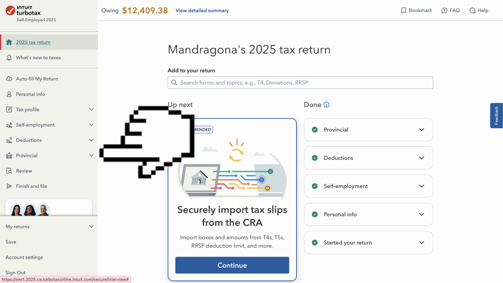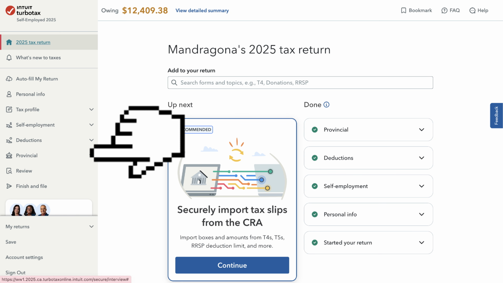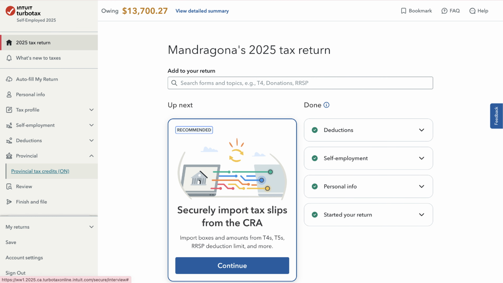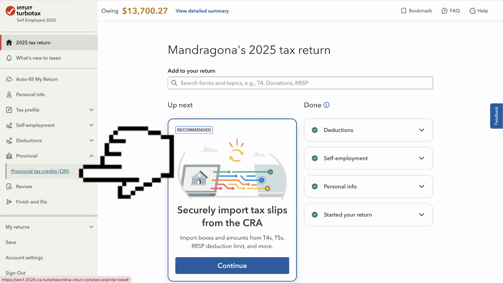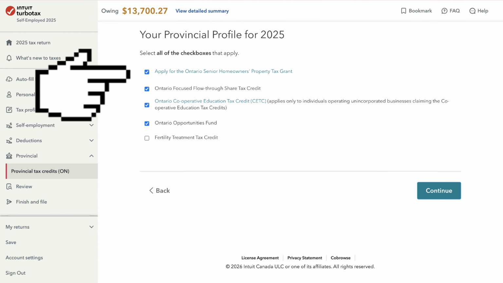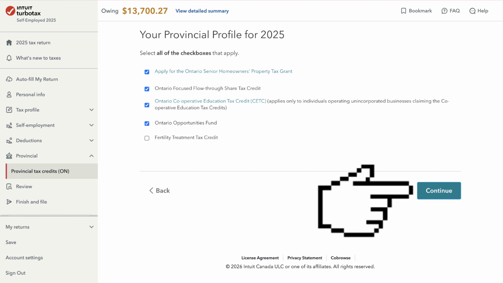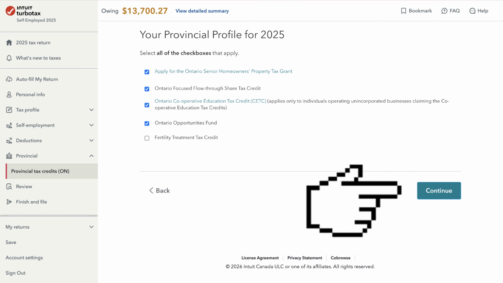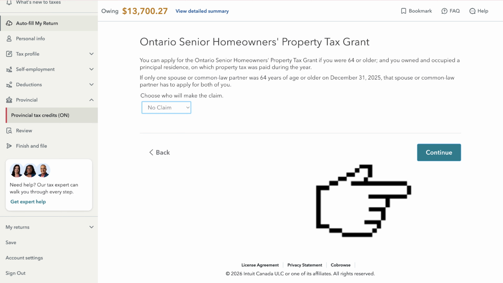From this screen, tap on Provincial option at the left side of the screen. Then tap on Provincial Tax Credit button. You may then do a check mark on the condition that's suitable for yourself and hit the Continue button. Just keep tapping on Continue while answering the question